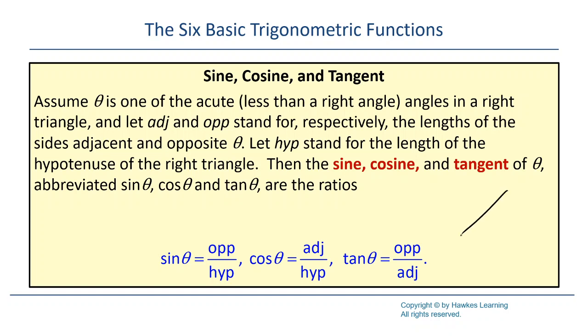So if you think about your triangle, in keyword it's a right triangle, so here's a right triangle, and here's theta. Our adjacent side is the one right next to the angle. Our opposite side is the side across from theta. And the hypotenuse is going to be